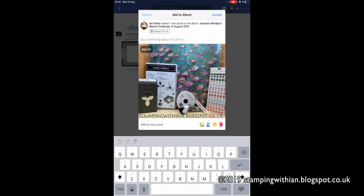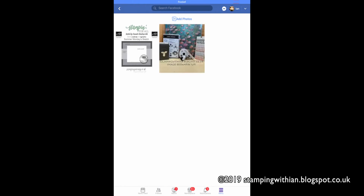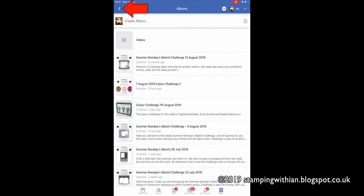Type a bit of text. Oops, misspelling. Right, type a bit of text and then upload. Posted it says. Okay, and you can see it's in the album, and you just go back to the group